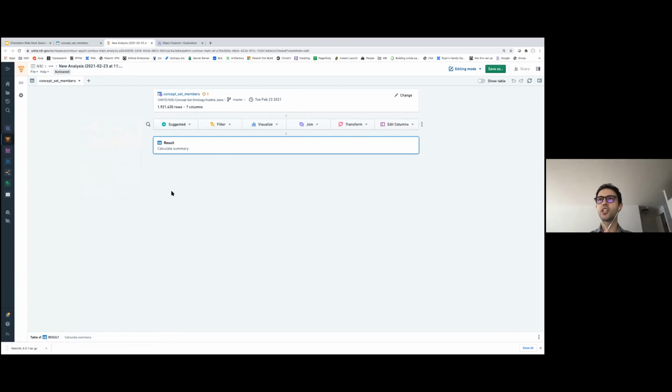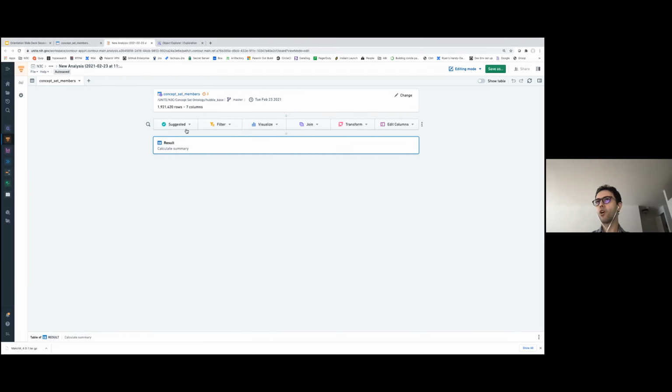But this is essentially a point and click tool that helps you analyze data or produce visuals or produce reports. And it's non-code based. So you don't need to write code in order to use this tool. And so what you see here is our input concept set members, and it has 1.9 million rows. And this is the starting point of our analysis.